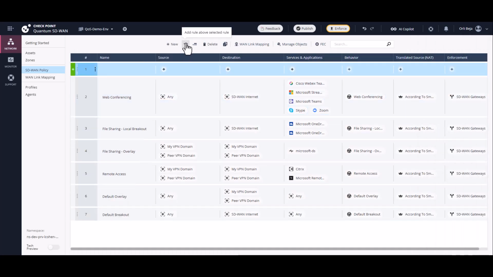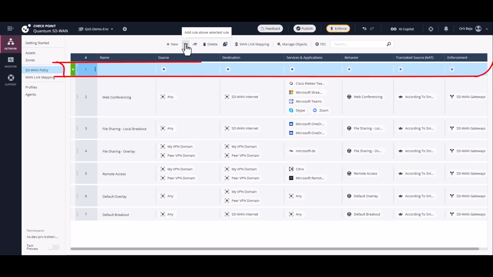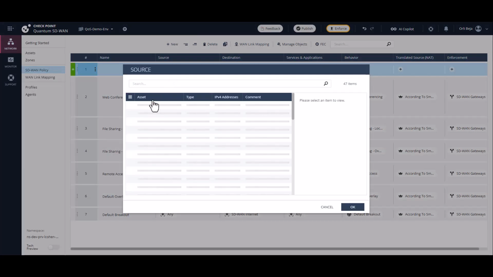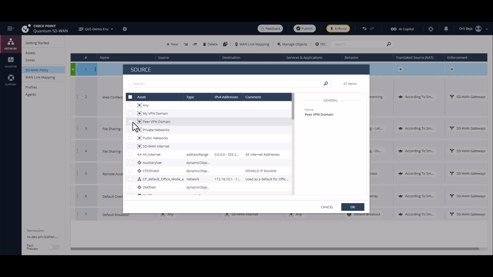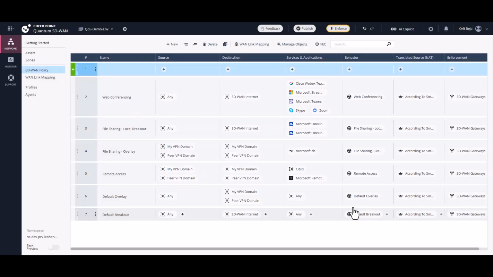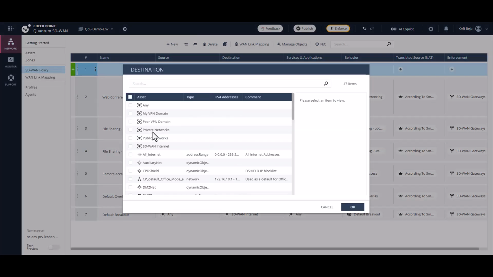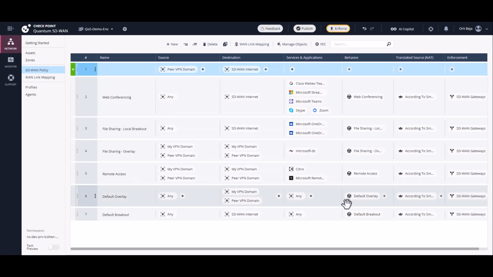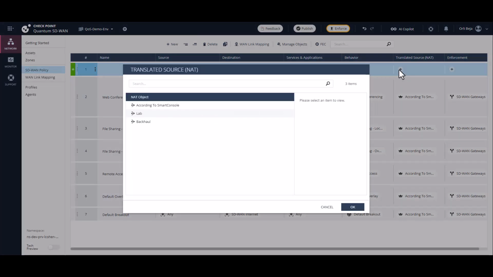Now, we'll create a rule for the branch. By selecting PeerVPN domain as our source and SD-WAN Internet as our destination, we make sure that all overlay traffic from the branch will match this rule. Now, we'll apply the rule, or the object, which we just created,